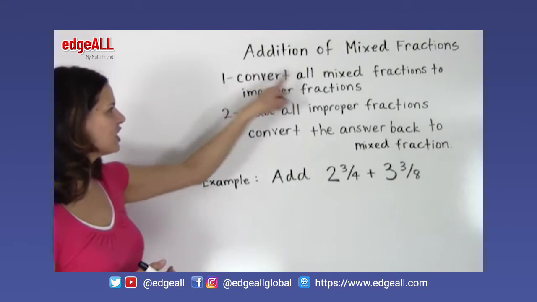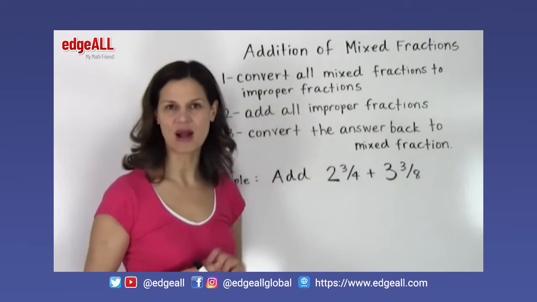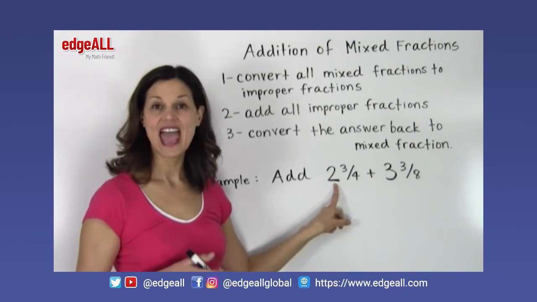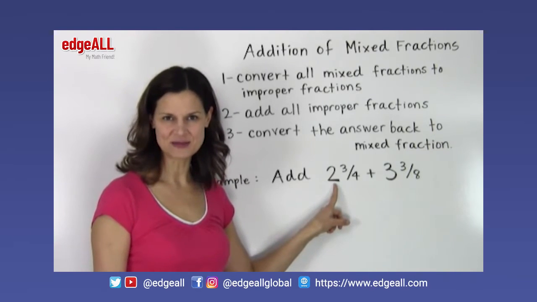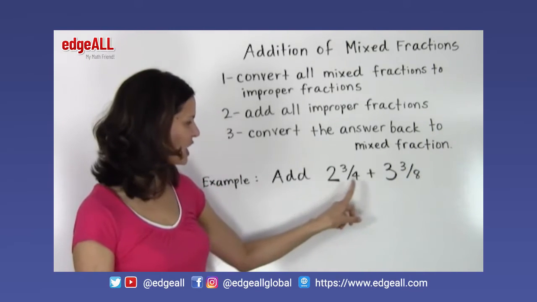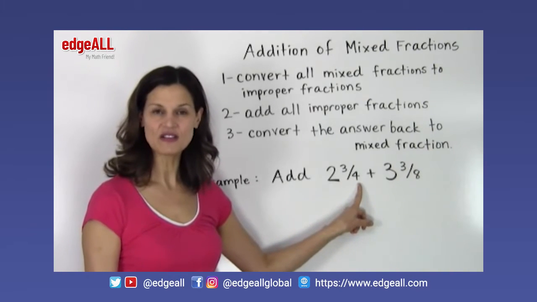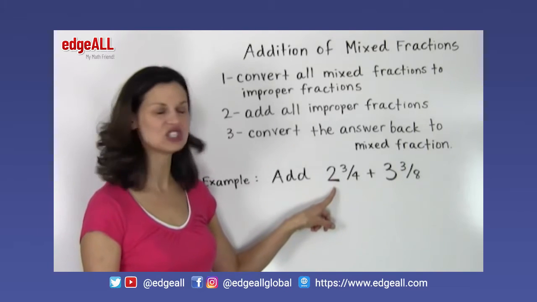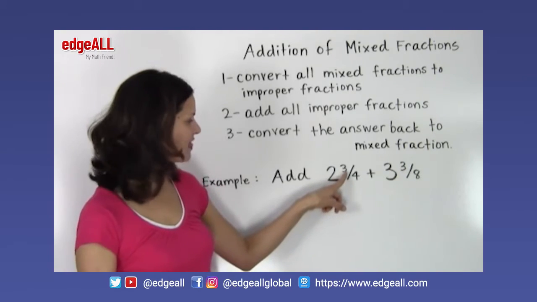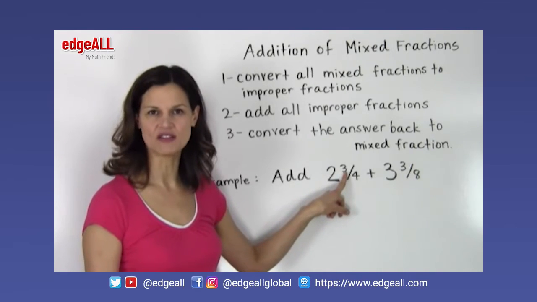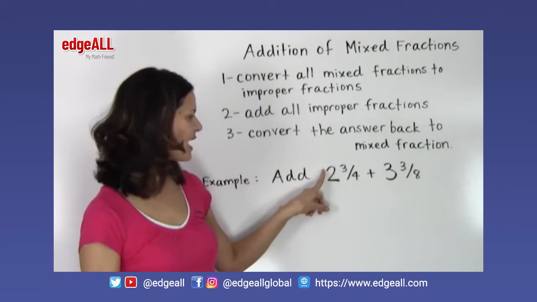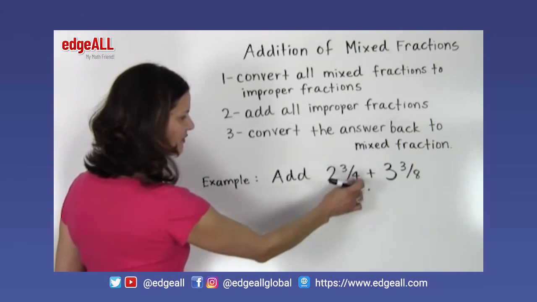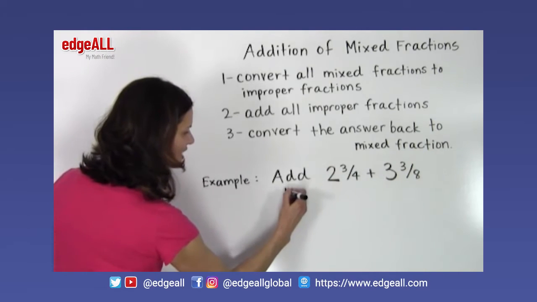First, we're going to convert our mixed fractions to improper fractions. And so let's start with the 2 3/4. You remember, with converting mixed fractions to improper fractions, we take the denominator of our fraction and multiply it by the whole number. So 4 times 2 equals 8. And then we add the numerator of our fraction to that product. So 8 plus 3 is 11. And so to convert 2 3/4 to an improper fraction, we would get